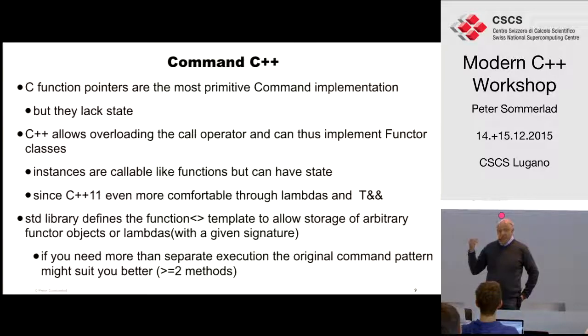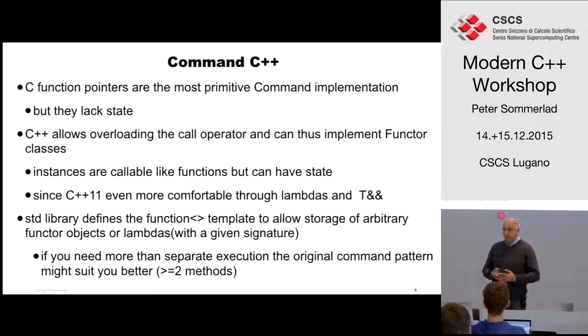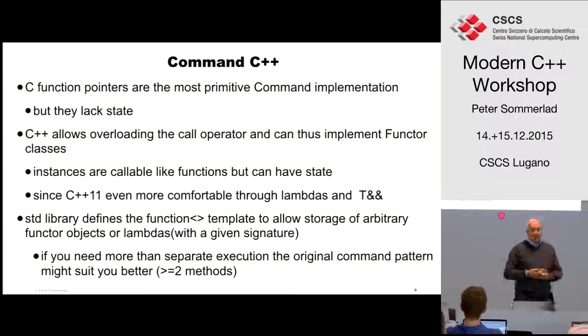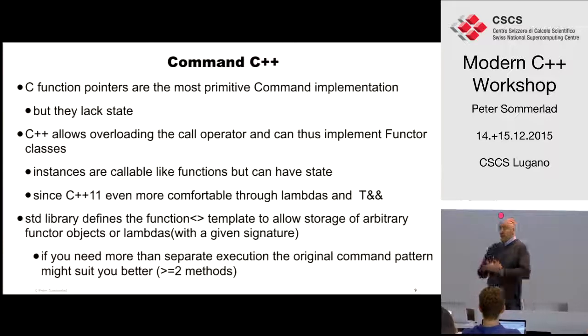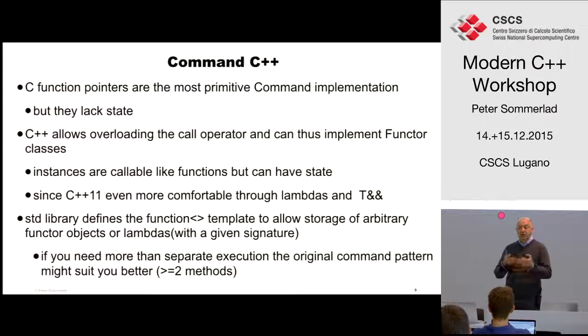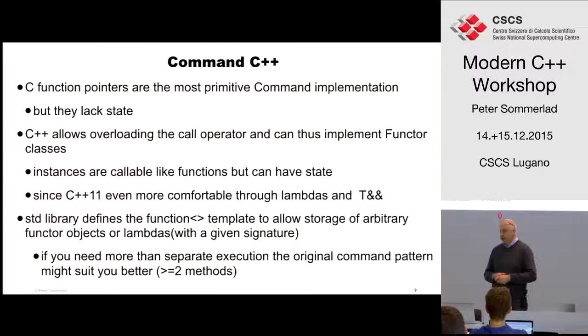We can use std function to keep around these function objects, let's say in a vector of function objects, and call them later, or put them in a queue to call them later, or repeat them, or collect them as a macro, and all things like that. What you won't get with the call operator alone is the feature of undoing things, but that's just one aspect of the command pattern. The underlying principle is that you use pieces of code as data, pass them around as arguments, and then call them later on in some other place where you would have written the code instead.